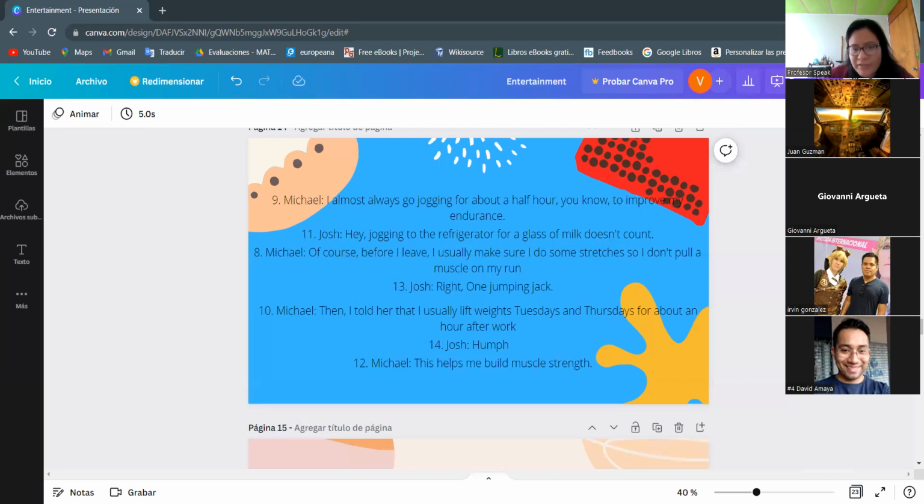Second one, as you can see, that's present perfect. You have to modify the verb. And then let's see, third one. You know what? I'll send the answers and you tell me if